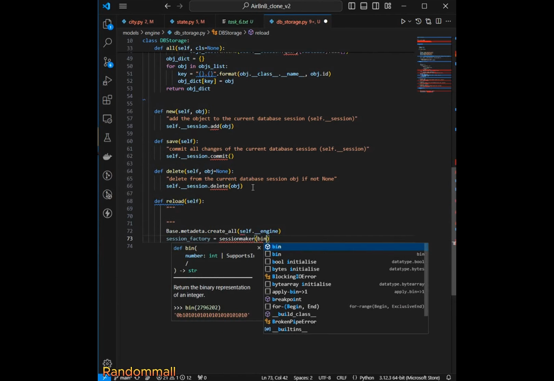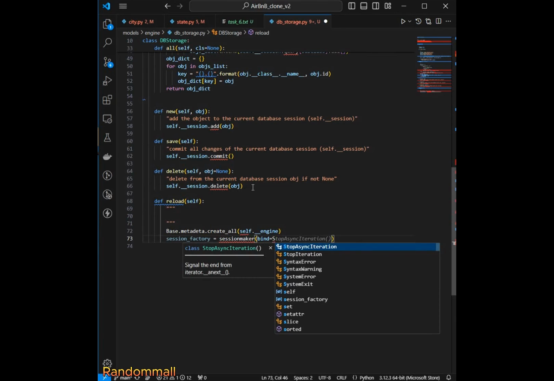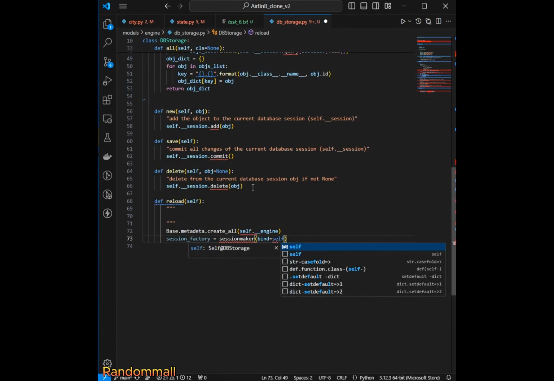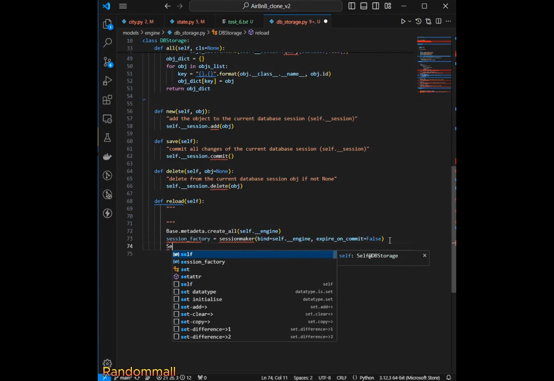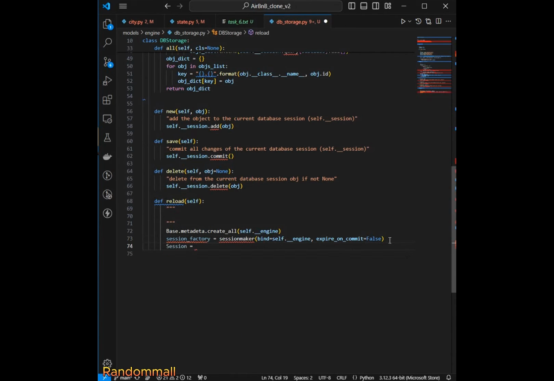And then we bind it to self.engine, and then we say expire_on_commit, we set it to false. Okay, expire_on_commit, we set it to false, and then we are going to say that the session is equal to